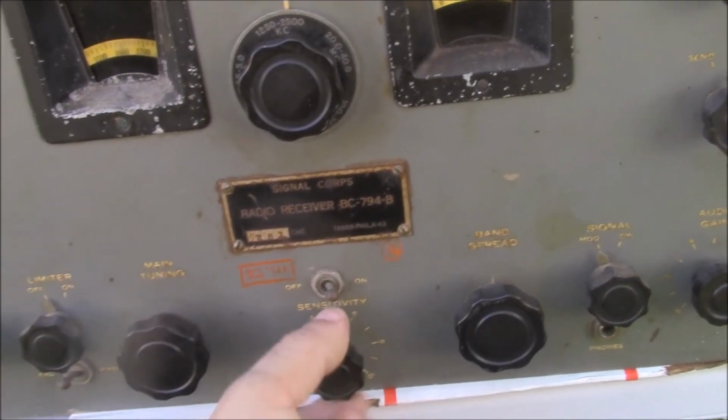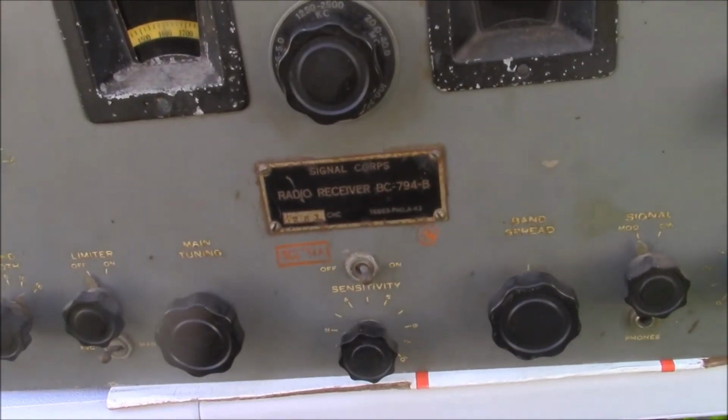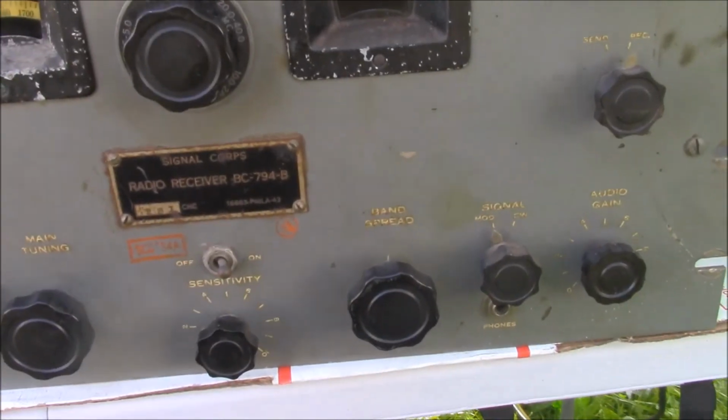Well, things seem to be working. Looks like we're going our way. So let me just keep raising the voltage, and when we get up to full power,